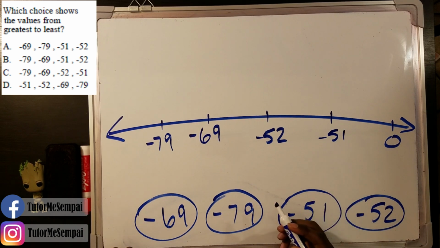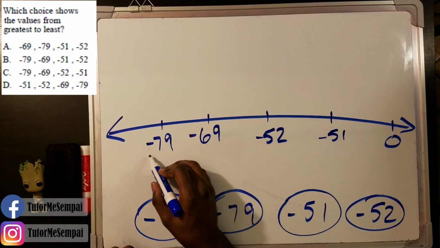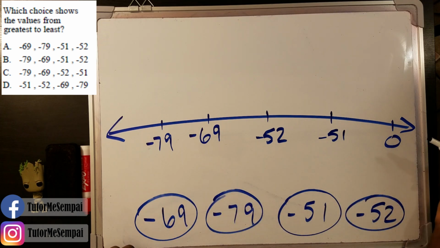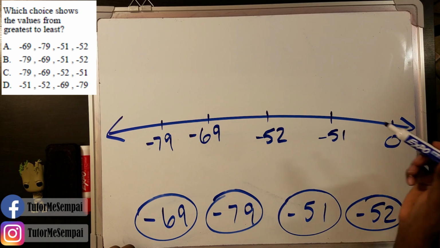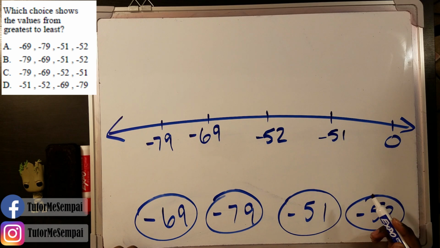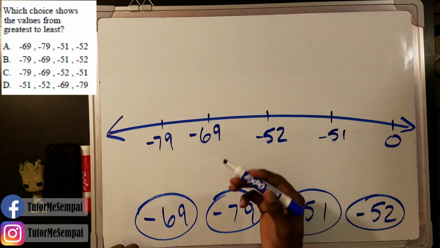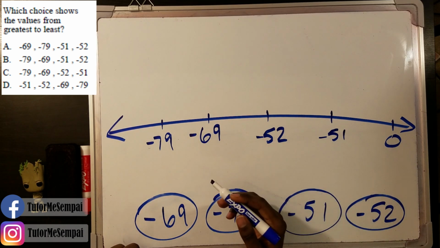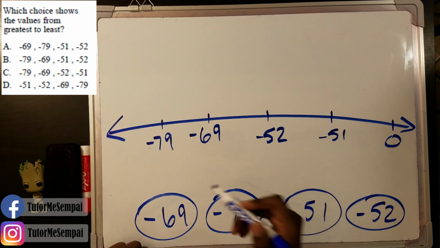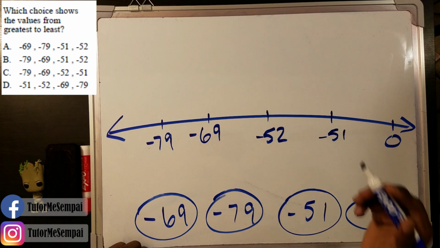So now we've populated our number line, and we see that -79 is actually the smallest number we get because it's the most negative. We counted up from 0, gave everything a negative sign, and we placed it on our number line. Negative 79 being the most negative means it's the smallest number. So if we're trying to find our answer from greatest to least, negative 79 is going to be our last number,